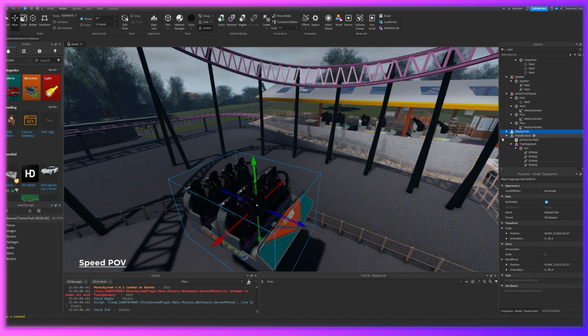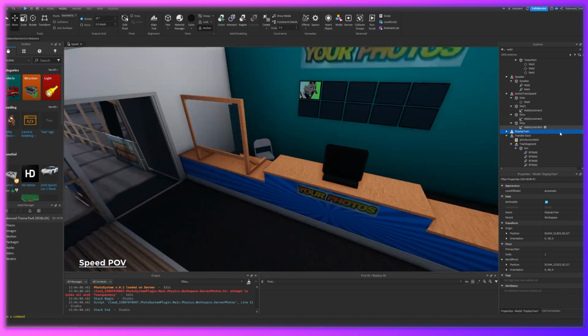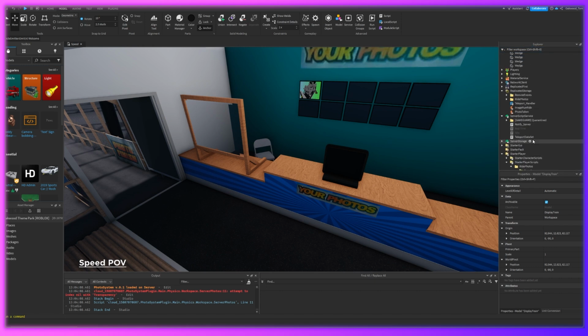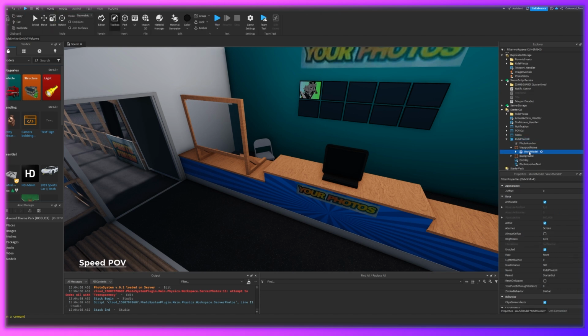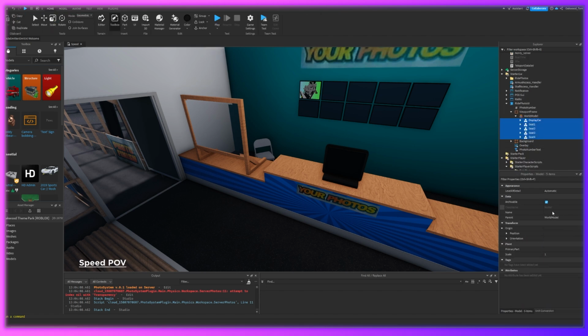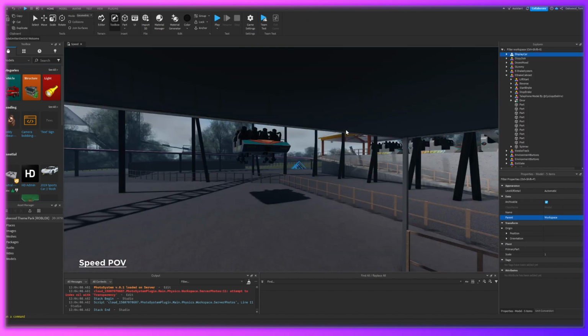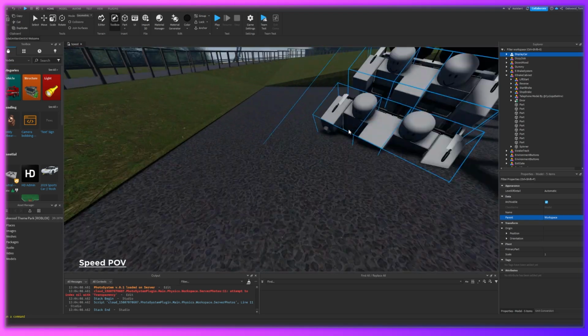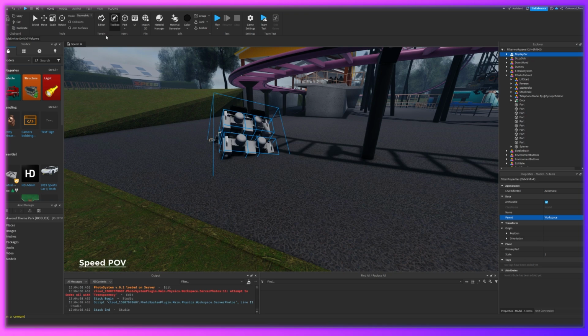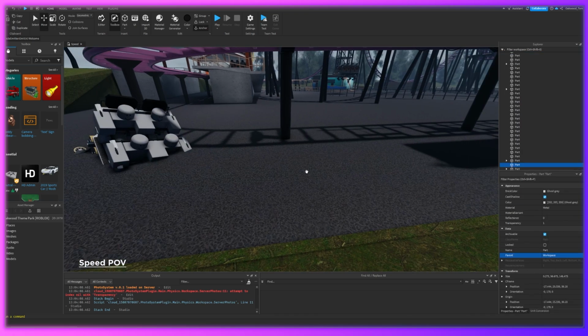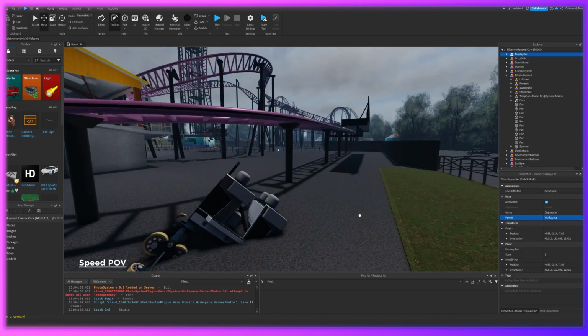Okay. So, now after you've done that, you want to go back to start GUI, where your ride photo UI is. Then what you want to do is go into viewport frame and just drag all of these out, okay? Out into workspace, so you can actually see them. Okay? Alright,